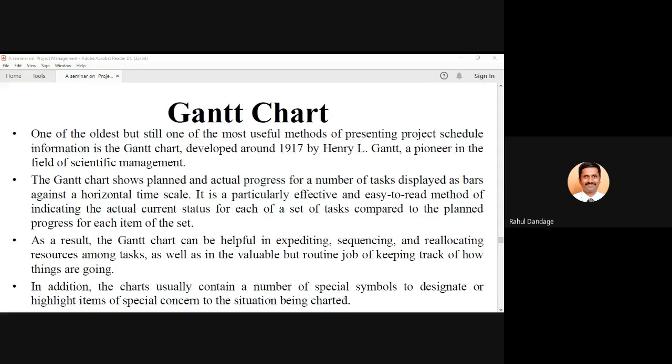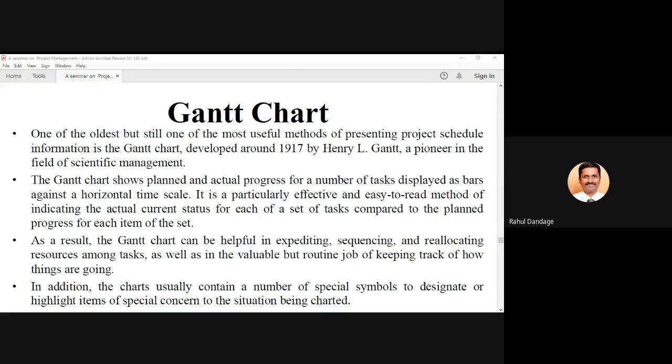Since this is a kind of diagram, a graphical display, it will be easy to understand and easy to read, instead of having a paragraph in which all the activities, their start time, their finish time, and all the information required for the activity is written just as a paragraph. It would be very difficult to read, understand, and visualize things that way. Better than that, if they are represented in the form of a Gantt chart, in a graphical manner, or in the form of a diagram, then it will be easy to understand.